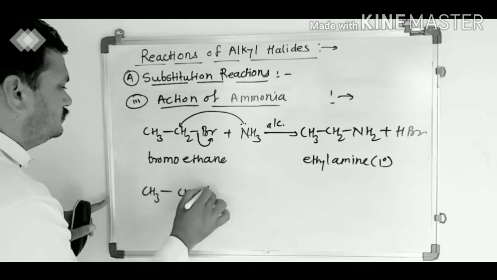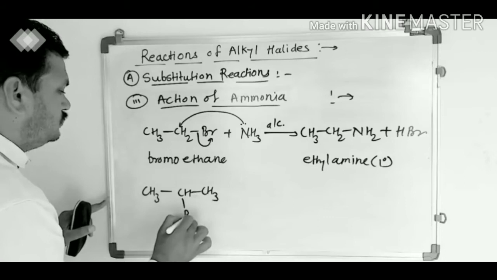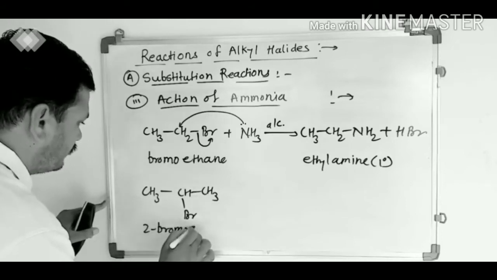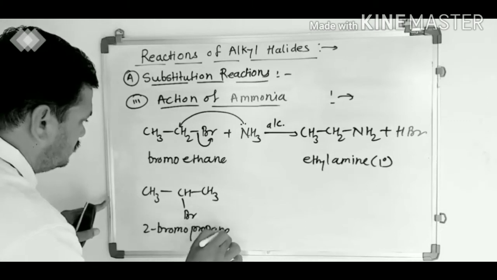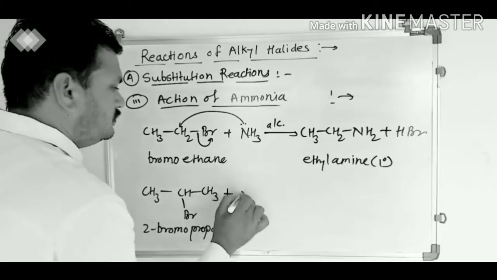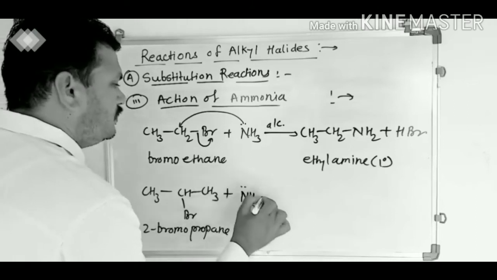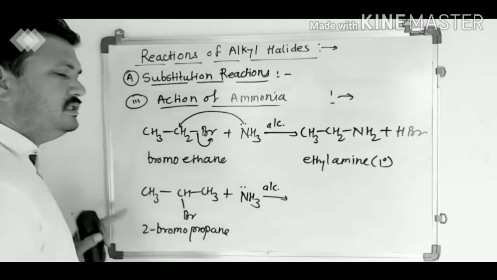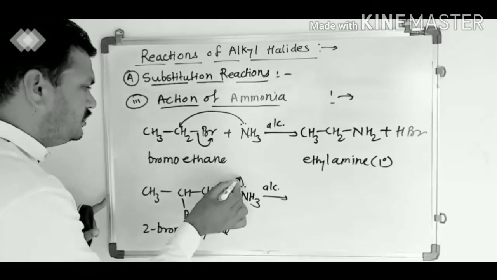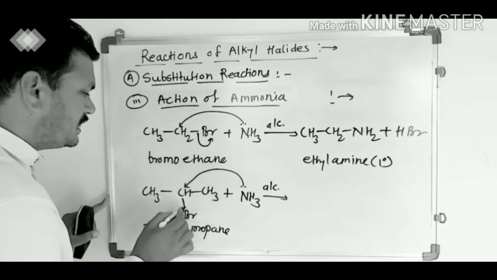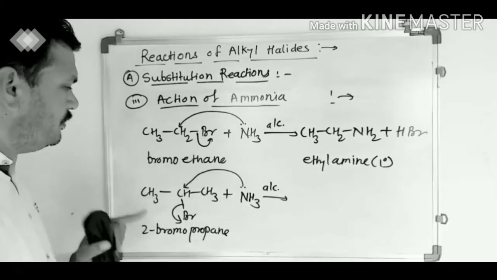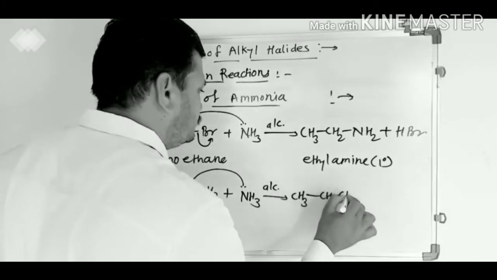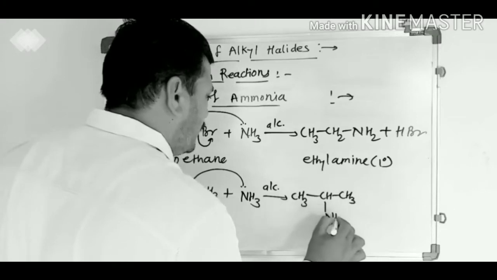when 2-bromopropane is treated with alcoholic solution of ammonia, same reaction will take place. Nitrogen has lone pair of electrons, acts as a nucleophile, attacks the electron deficient carbon, and removal of this leaving group Br minus takes place, and we get the product, which is primary amine